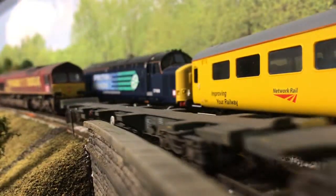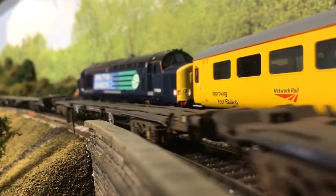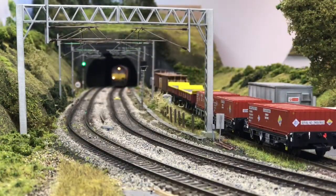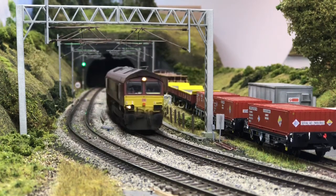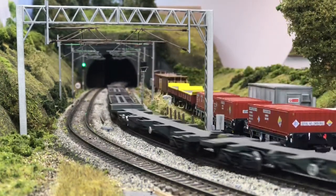66088, just running into shop now, has been rechipped. Had the settings messed around with. Don't ask me what I did, because I haven't really got a clue, but she's running a whole lot better now. I'd kind of got to the point where I thought, you know what, I'm going to have a go at weathering this. If I can make a complete mess of it, it doesn't really matter. I'd kind of got to that stage with it, but as it happens,